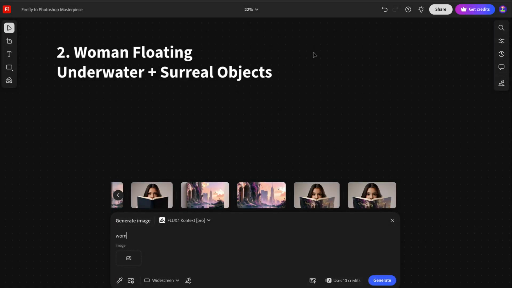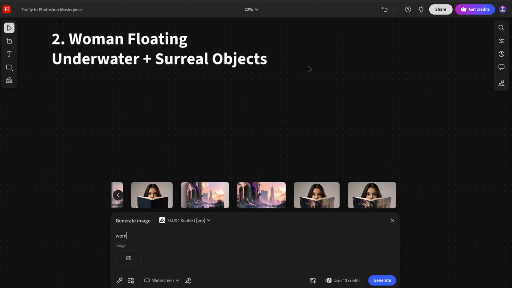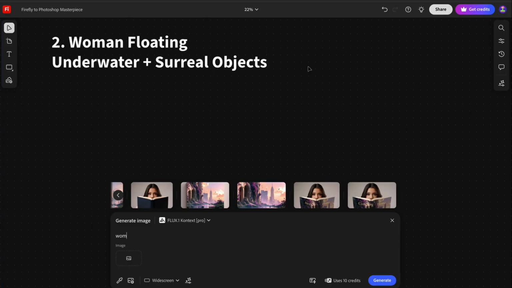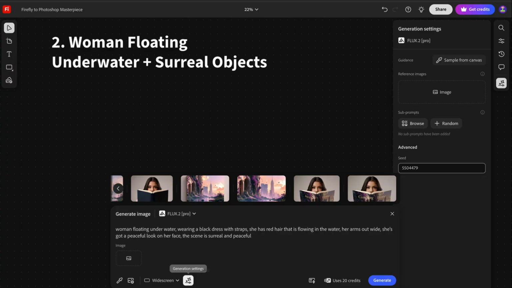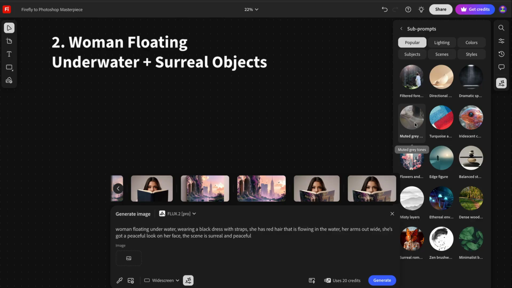So we're back in Firefly Boards, and we're on to our second concept, which is a woman floating underwater and adding some surreal objects. One of the things I'm going to do is add some subprompts. And I'm going to do this by browsing some of Adobe Firefly's subprompts that can add just some fun color